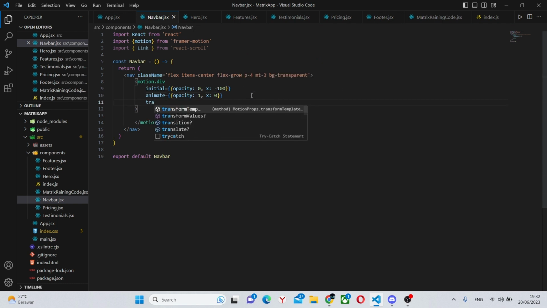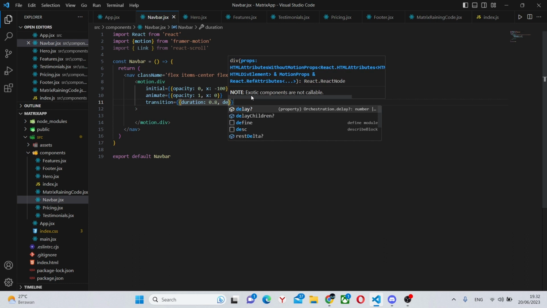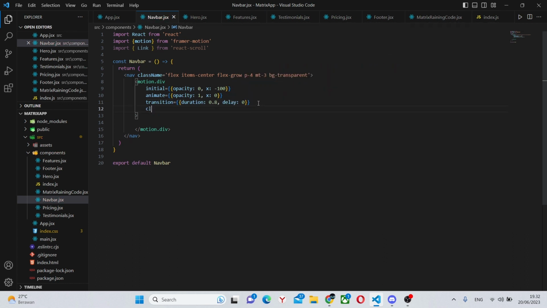Next, we'll add a transition. This transition is going to have a duration of 0.8 and a delay of 0. Inside of, and we'll also have a class name. The class name is simply going to be flex items-center. In here, we're going to have just one h1, which is going to be our title.